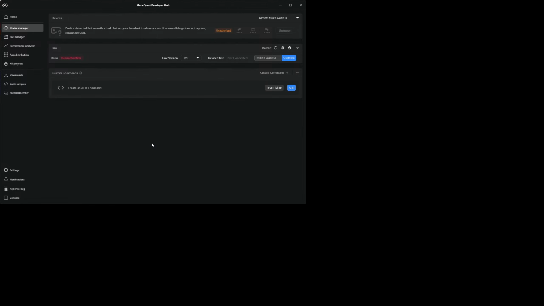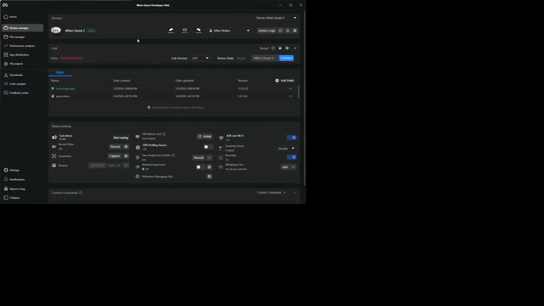I'll probably have to enable Wi-Fi ADB real fast again. They kind of make this Quest a hassle for developers. Okay, ADB over Wi-Fi is enabled. Good.